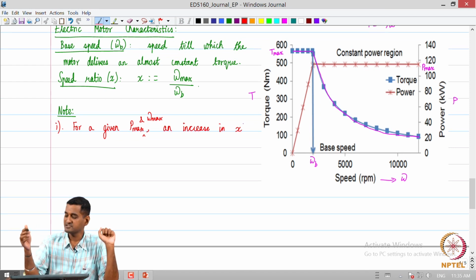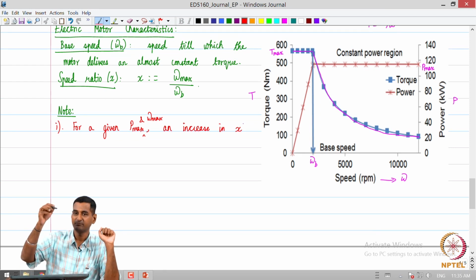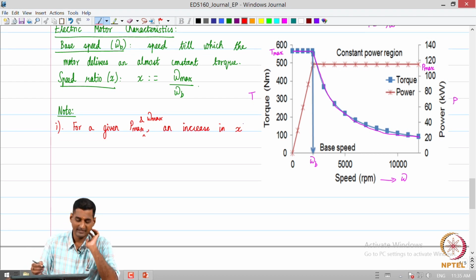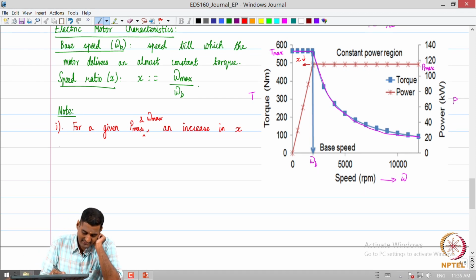If omega b reduces, the point after which the power becomes constant is shifted to the left in this curve, right. So, an increase in x ensures a longer constant power region